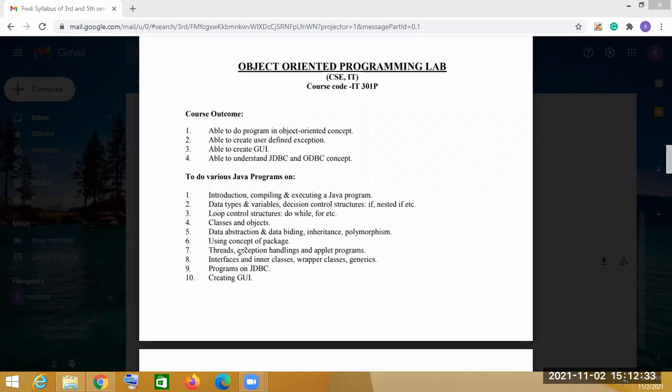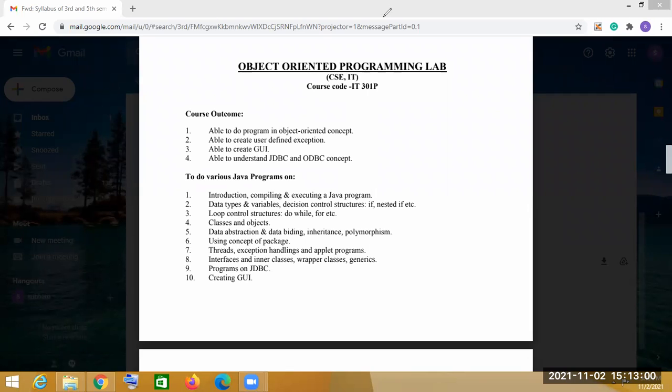Then I will tell you, and according to that, you will install this in your system. Ajay, Niranjan, does everyone have the system with you? Yes, sir.